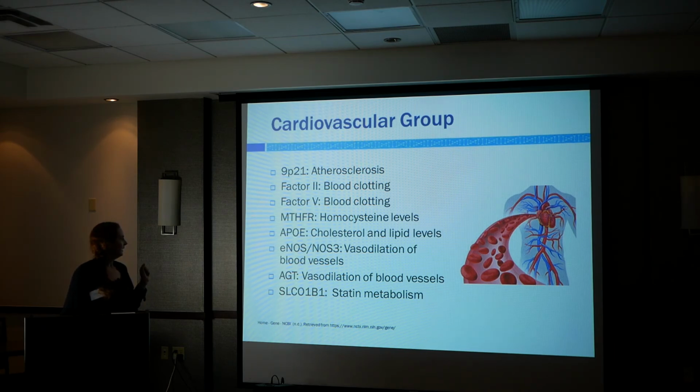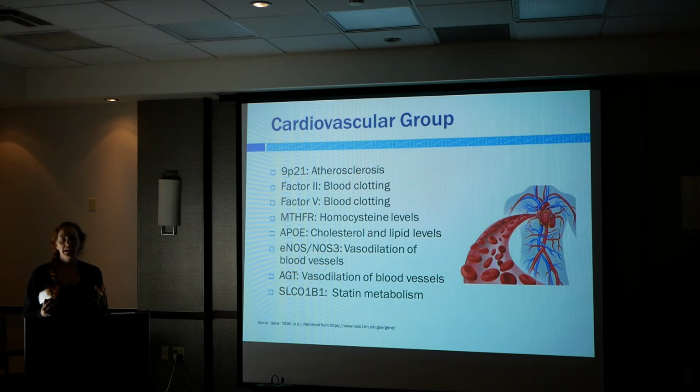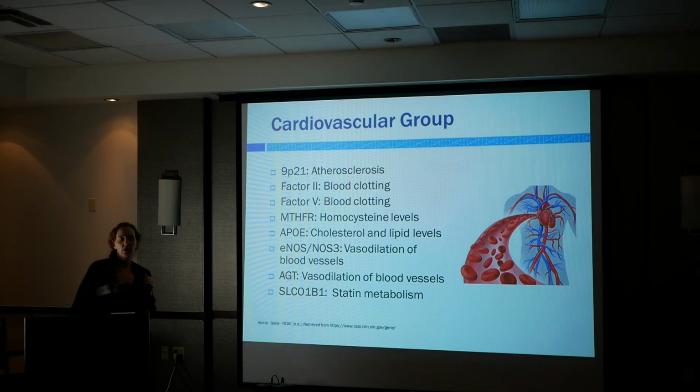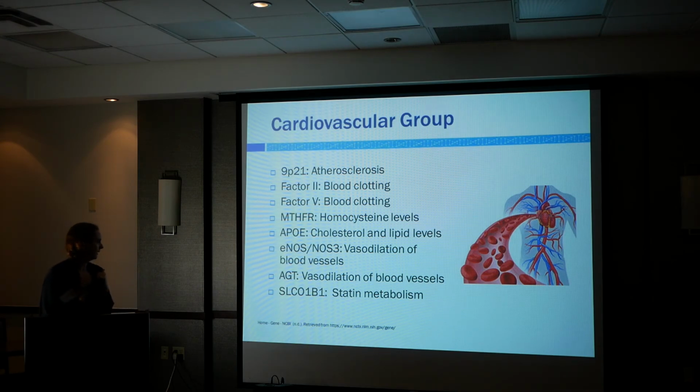eNOS and AGT both affect vasodilation. So if you're talking about a patient who has high blood pressure that you just can't get down, or has high blood pressure at an early age, I would test for these genes right here. And then